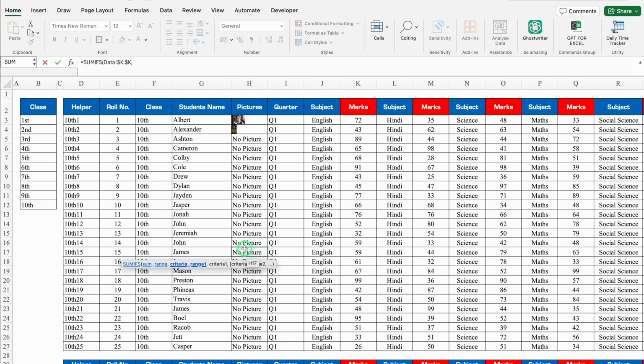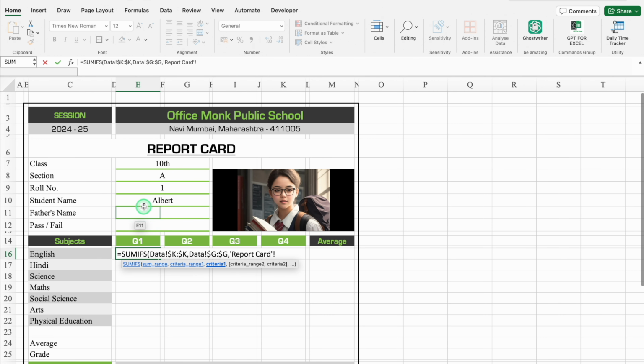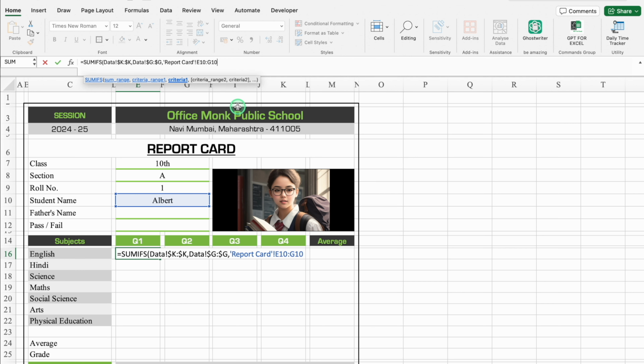So criteria range 1 will be student's name. So we will select student's name from top. We'll press function F4 and the range will be locked, comma, criteria 1. We will go to report card and we'll click on student's name. In the formula bar, we can see a range because we have merged the cells over here. So I'll delete the next cell reference and we'll press F4 and the cell will be locked, comma,